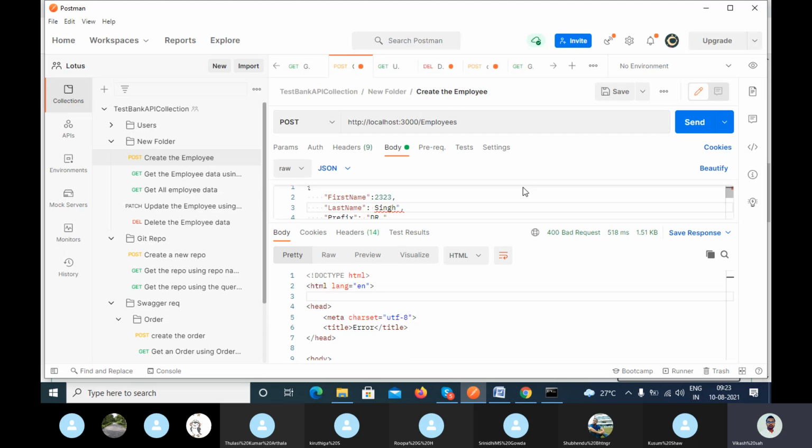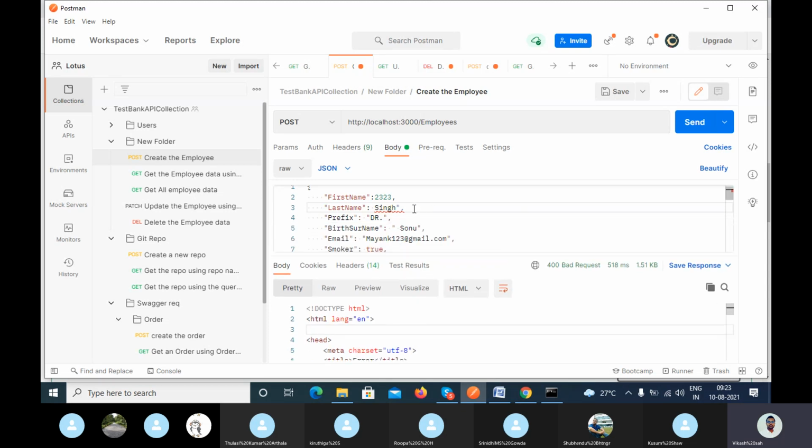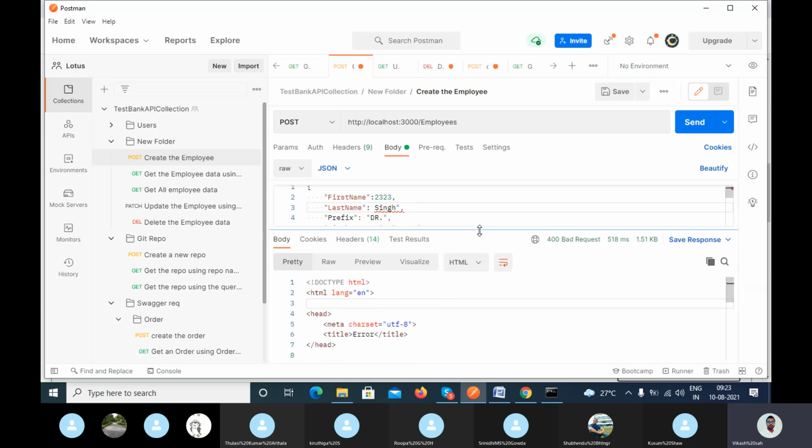If the client does not have a problem, because this is a minor issue, at least you are getting the error message. If you are passing something invalid and you are able to create the data, then it is a critical issue. But if you are passing some invalid data or missing something and you are getting an error code, at least you are not able to create the data.